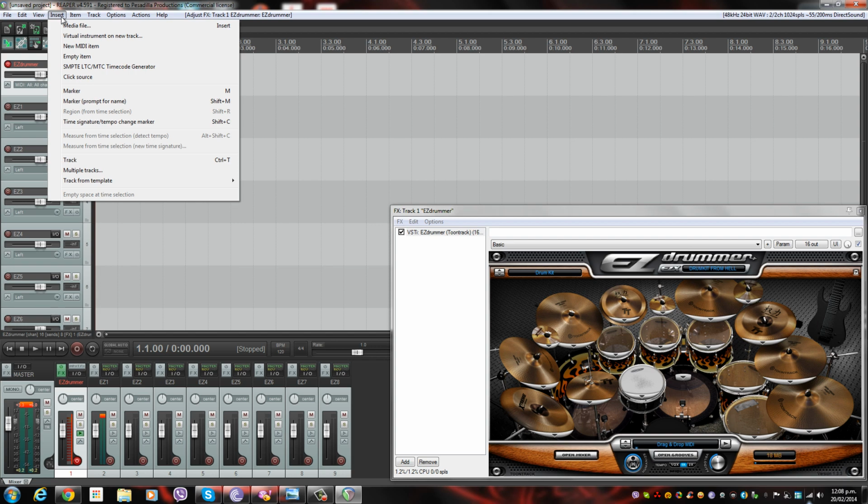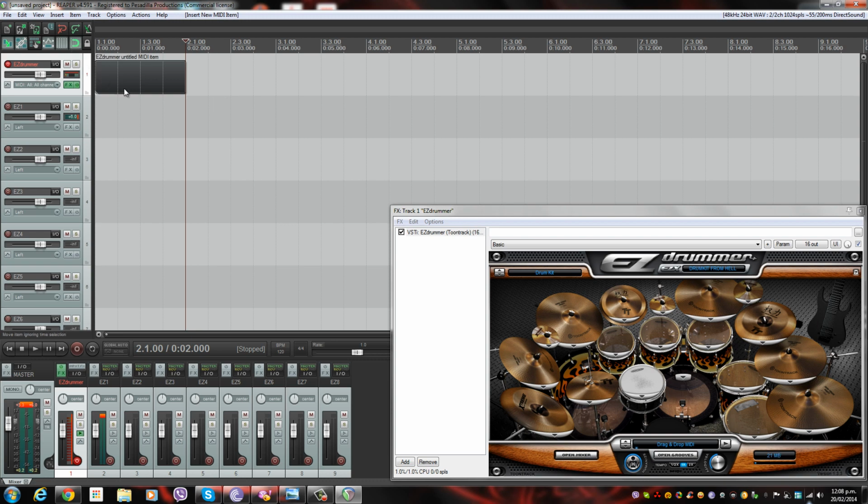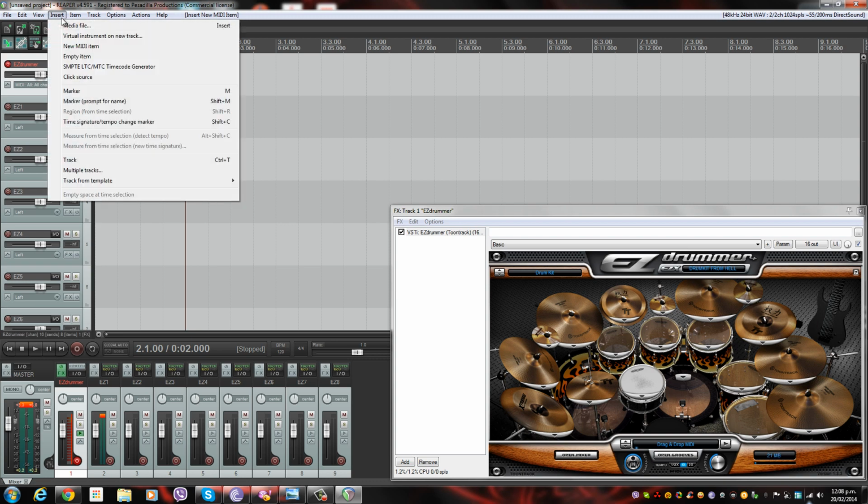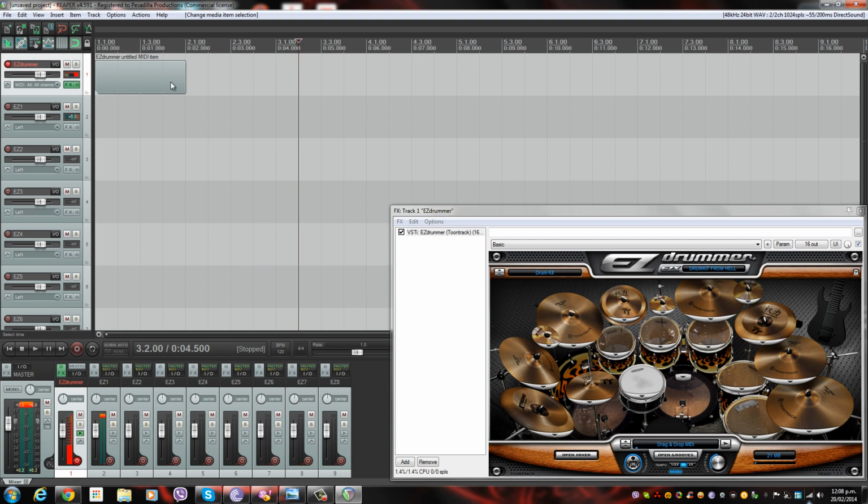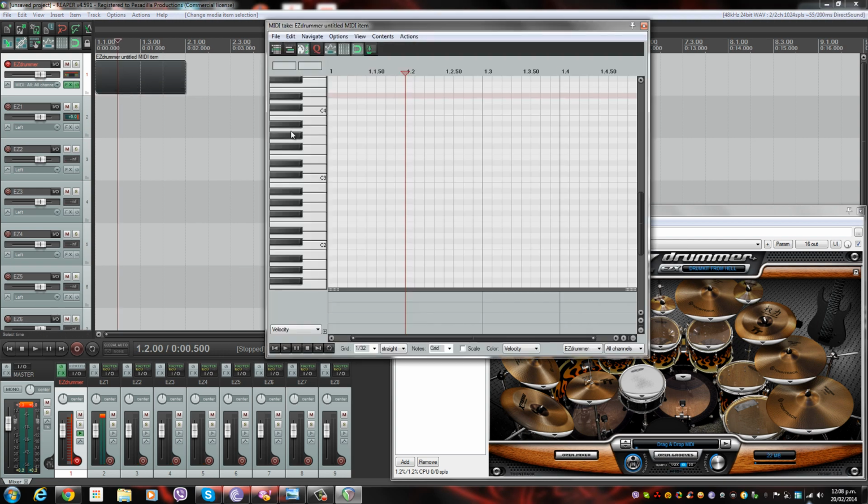I've only got a limited amount of attempts for me to click things in, because I don't want to get carpal tunnel again. But we'll open up a MIDI track, which is insert a new MIDI item. So we'll open up a MIDI track, and this is your keyboard,